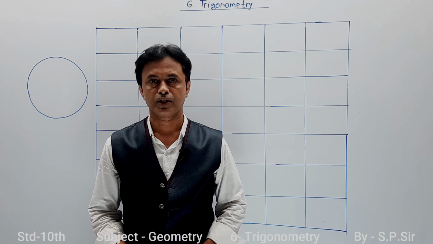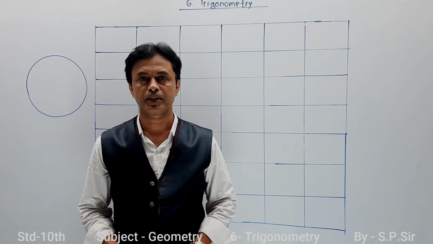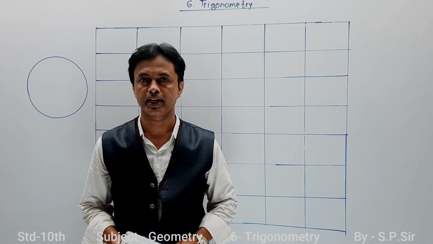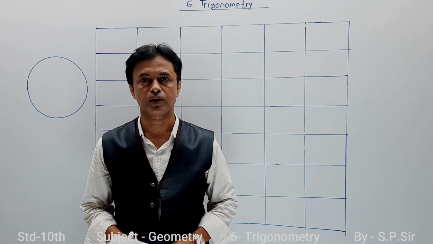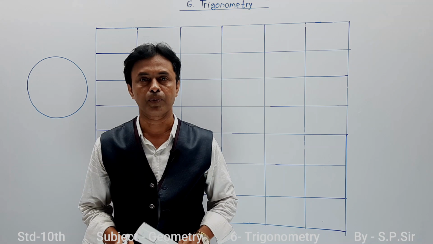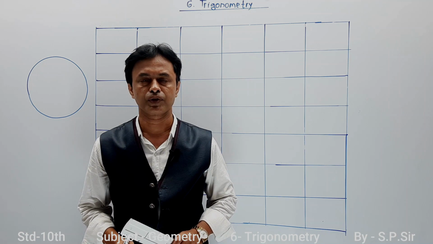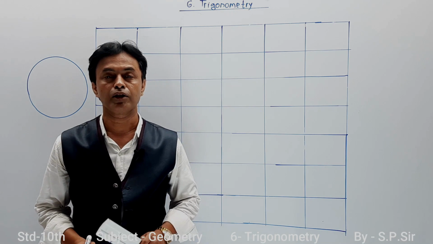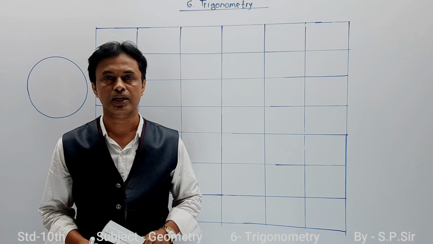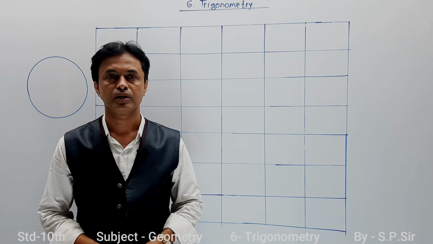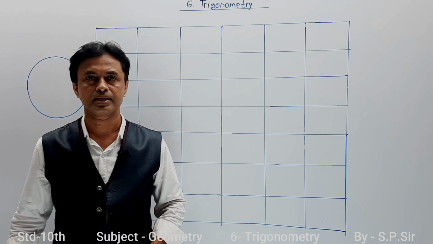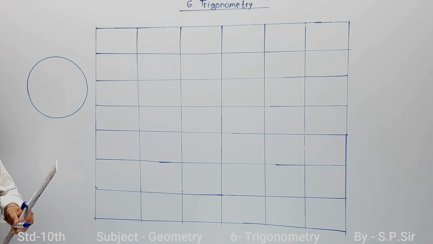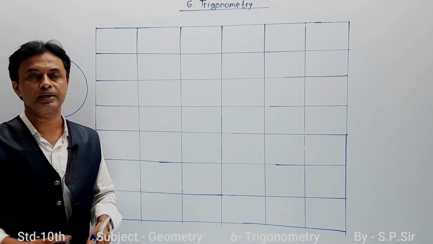Hello friends, continuation with the last part. Already we have completed all the basic fundamental formulae related with sine, cos and tan, and next cosec, sec and cot. Now we are moving to an important part which is a reference from your 9th standard, but is most required in 10th standard. That is the value of standard angles in terms of sine, cos, tan and cosec, sec, cot. For this you have to draw a table, and with the help of that we are going to complete the structure.